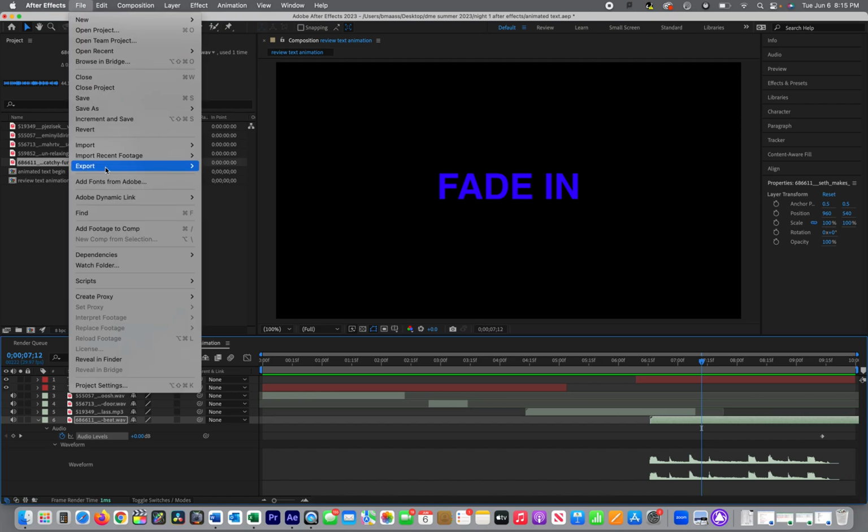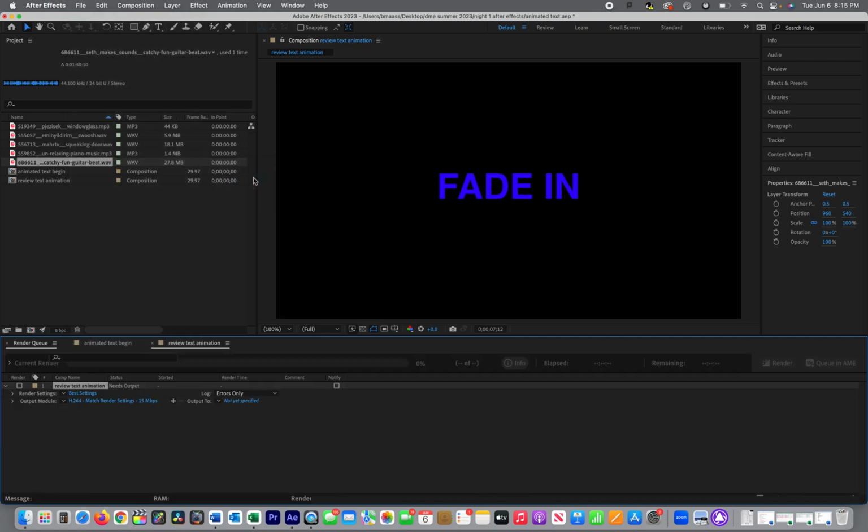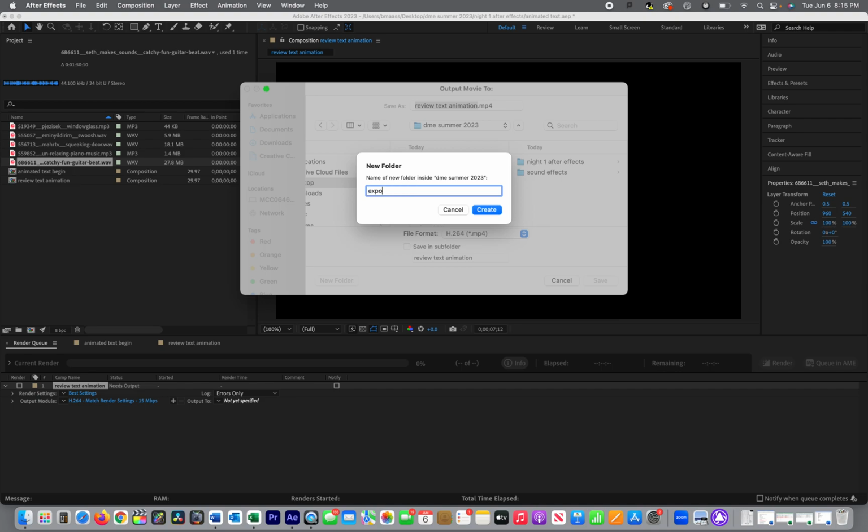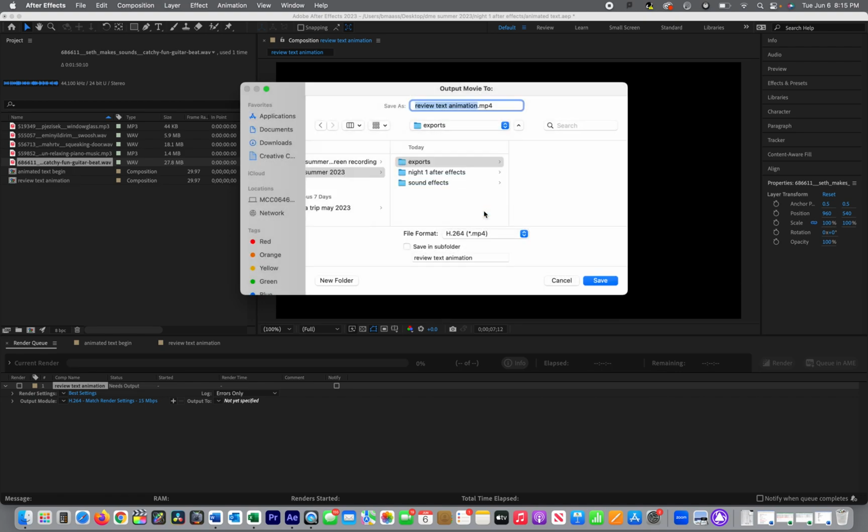So I'm going to do File, Export, and say Add to Render Queue. So here's our render queue. What we want to do here is, we don't know where it's going to go yet, so we're going to say Output To, not yet specified. We're going to click on that and put this in the DME summer folder, and I'm going to say New Folder. I'm going to call this exports, and I'm going to say Create, and I'm going to call this day one export text